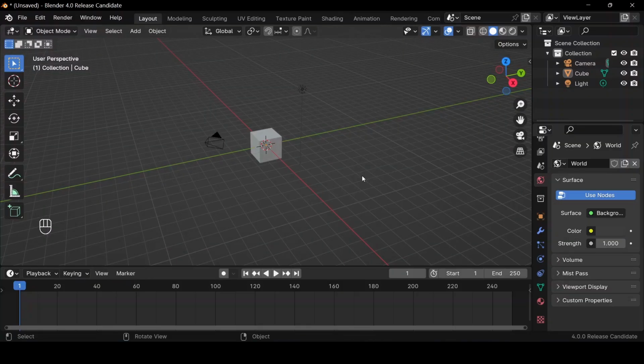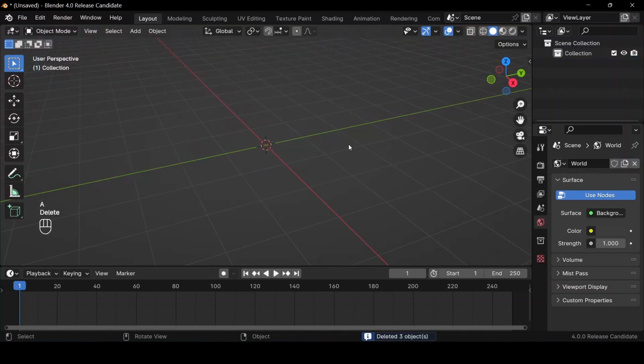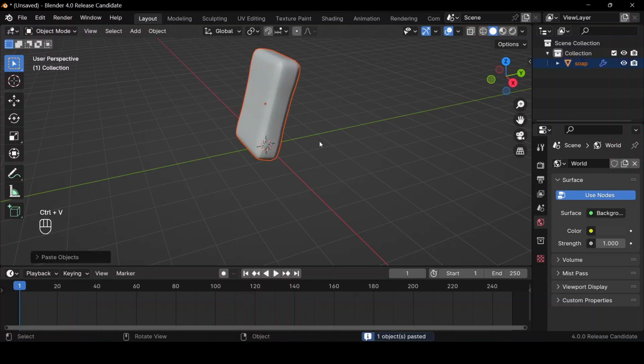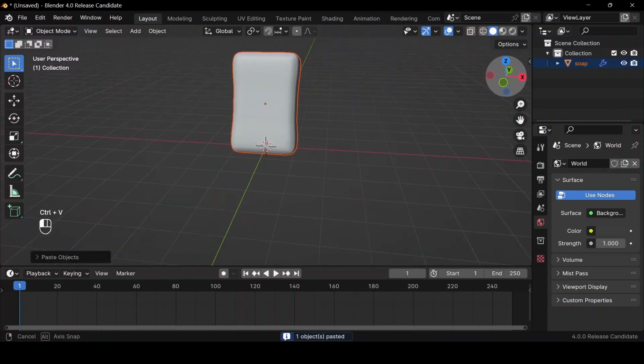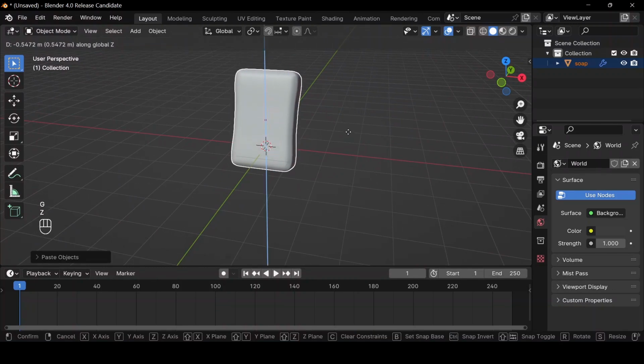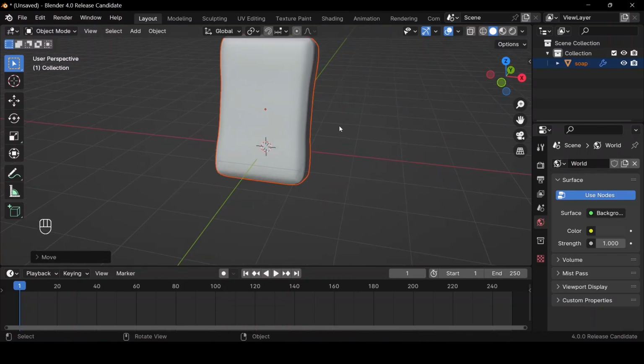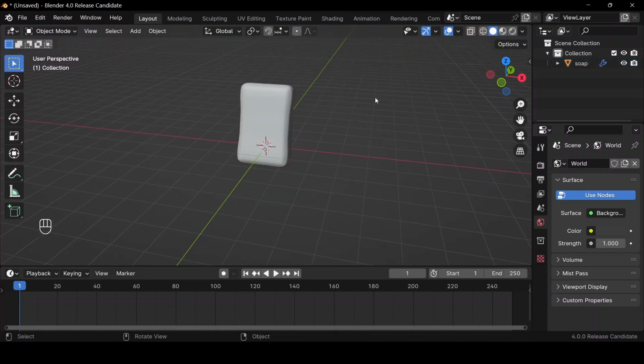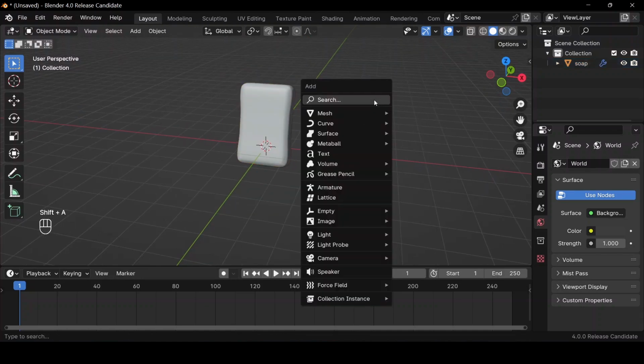Alright, so what I will do is press A to delete everything in my scene. Then I'm going to press Ctrl V to paste the soap again in our scene like this. I'm just going to press G Z to bring it down a bit like that, which is okay. Then I'll press Shift A, and we're going to add in